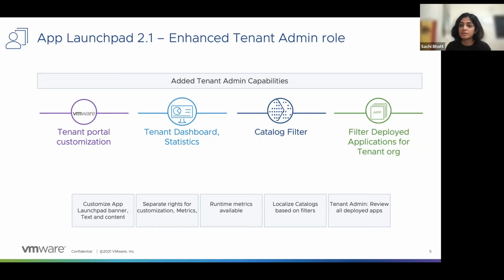And as an end user, when I'm logging into VCD to App Launchpad portal, now I can select which catalog I want to launch the application from. So as a provider, if I'm creating these catalogs based on location name or site name, it's very easy for end user to just locate their site and then launch application within the vicinity.